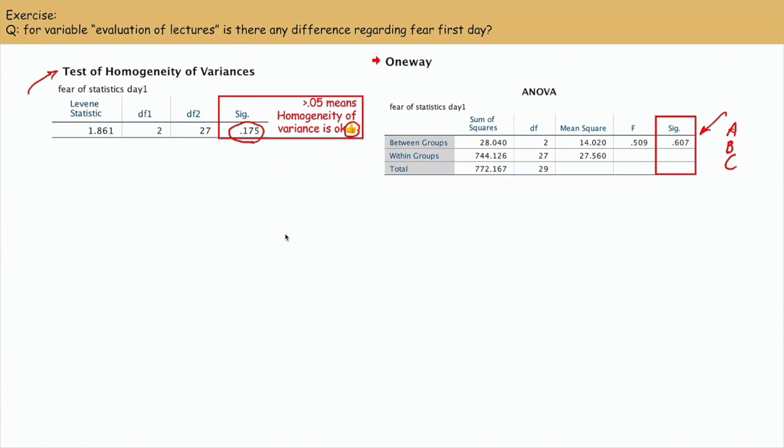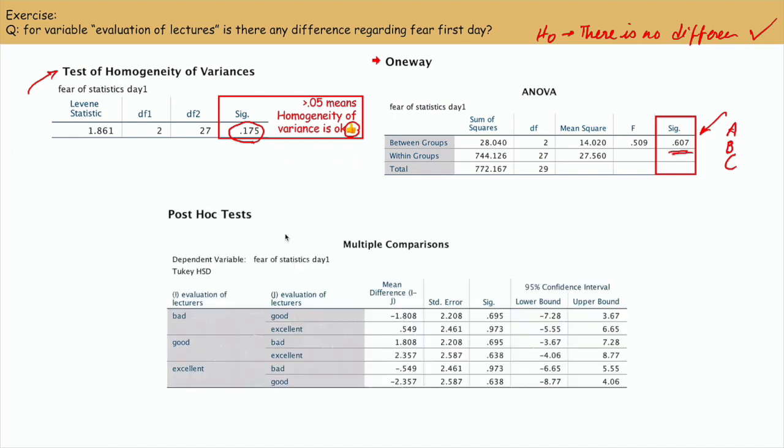Is there any difference regarding fear of statistics? The null hypothesis says there is no statistically significant difference between these groups, so we accept the null hypothesis when there is no level of significance here. So we don't actually need to look at the post hoc test when there is nothing significant, but just here